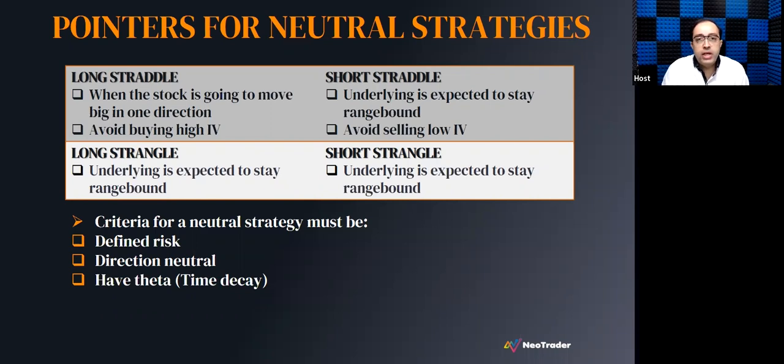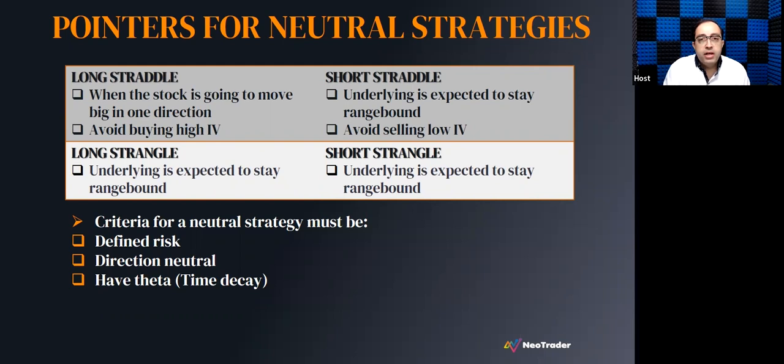Now, when you're going to sell naked options, which are also called blanket options, you have to be ready and you should have a cutoff point. If you have a cutoff point when you are selling your options, that is the best way. Now, when you have an idea that yes, there is a possibility of some big move to occur, but currently the market is negotiating the sentiment, then you can go in for a straddle. When you know that it is expected to stay range bound, you can go for a short straddle.